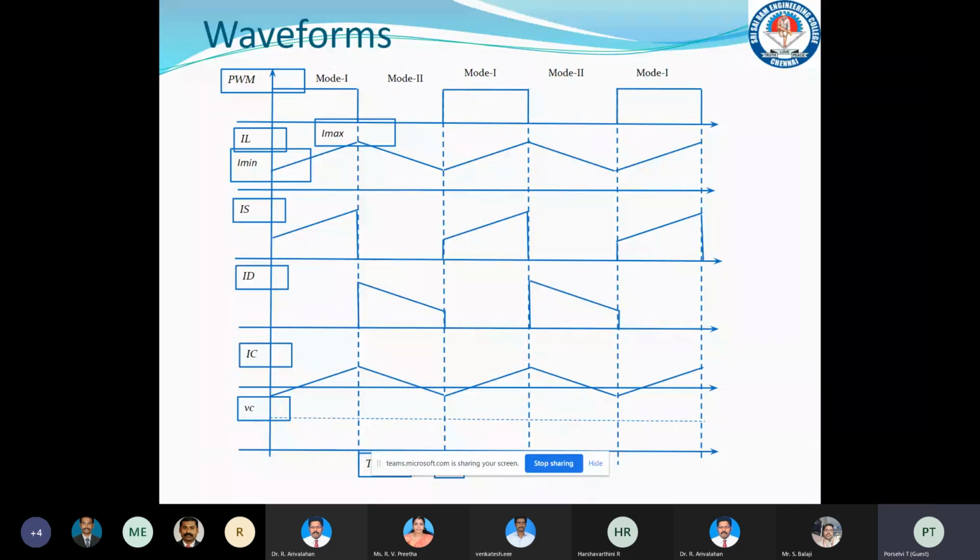load current. And since we have assumed the load current to be a constant value which remains at I naught, we get the capacitor current which is going to vary between a negative value to a maximum value. And then we will have the capacitor voltage that will have a ripple content. Only the average value is shown in this diagram, which is shown by the dashed line.